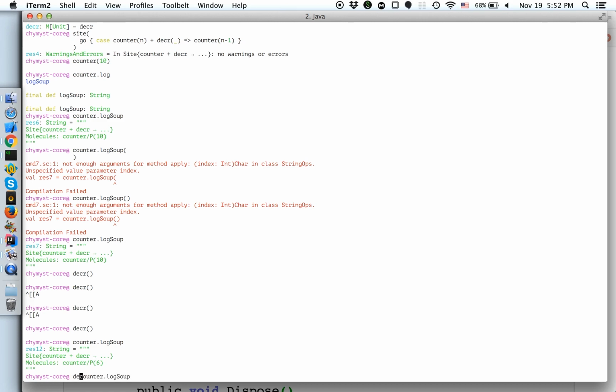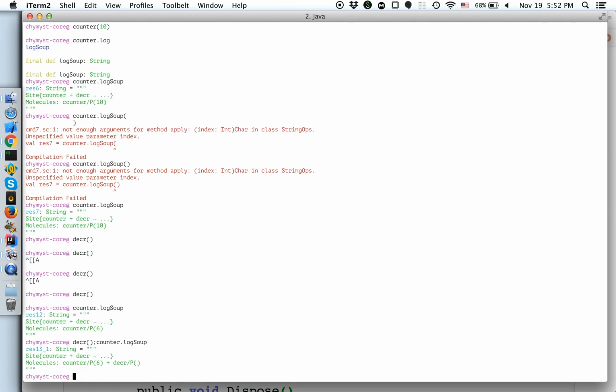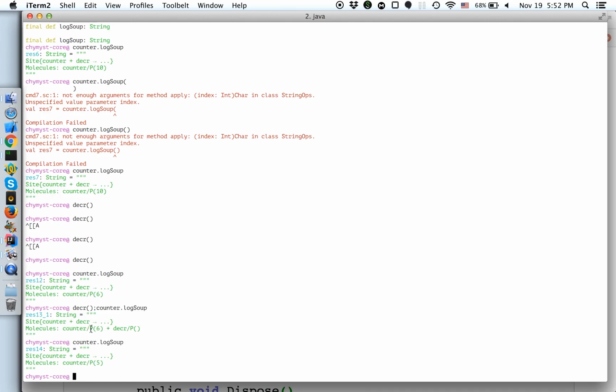What if I did decr and counter.logSoup at the same time? Then you see the soup still contained 2 molecules when the log soup was called. But if I do log soup now, then it will be 5. So in this way you see that these are asynchronous calls